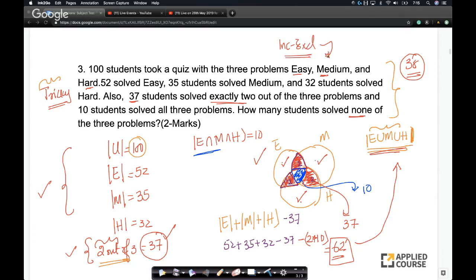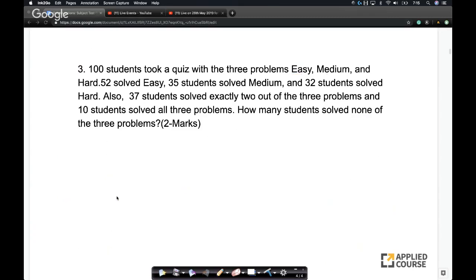That's why I like this question. See, if you know how to arrive at the principle of inclusion exclusion for 3 sets, you can solve this if you read the question carefully. Very, very interesting question. That's why I like this problem. This is not a hard problem. This is a tricky problem where many people make a mistake, right? So I hope this is a good one actually.